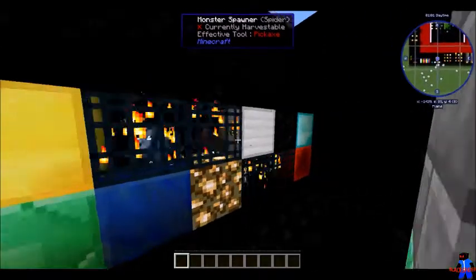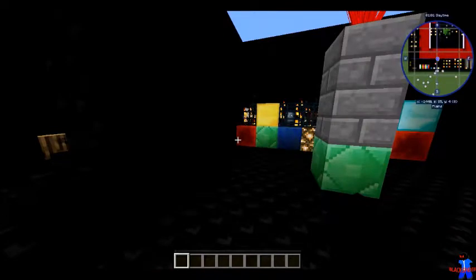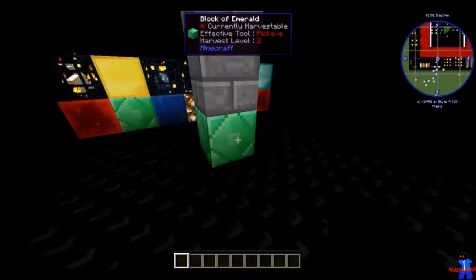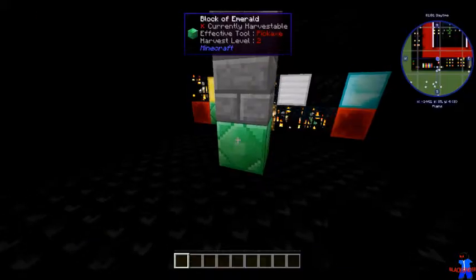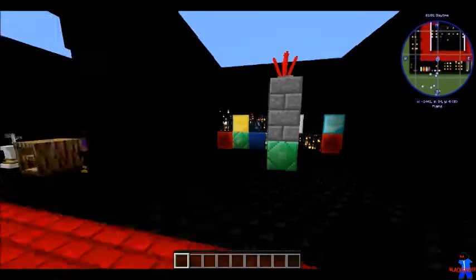You could have any of these options, which I'm assuming the mod author wanted as a specific block down there. I don't know, because when I look up the machine block furnace upgrade, it says to use it on a Christian machine block, find the structures to make a working machine. I never found one, so I'm assuming it's in there somewhere. I don't know, but anyways,